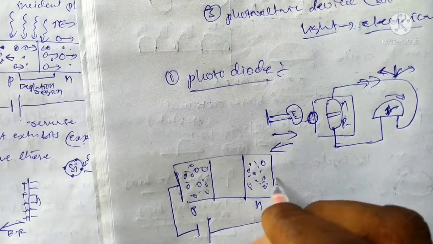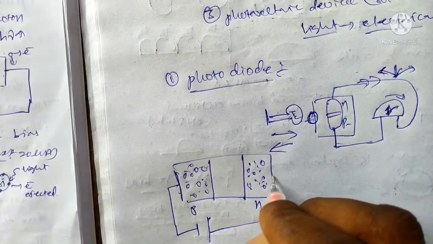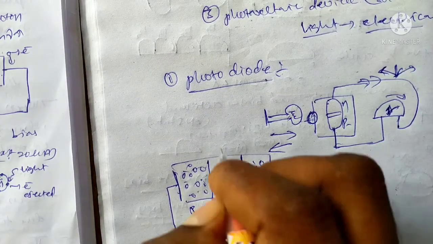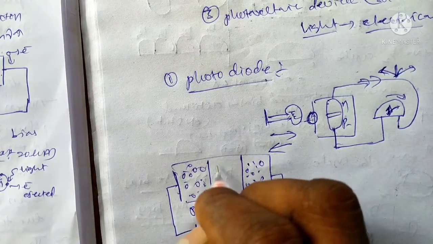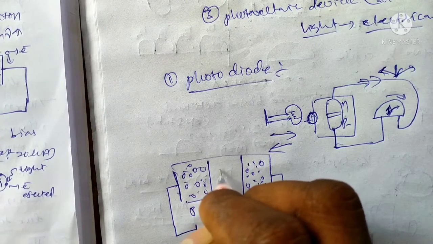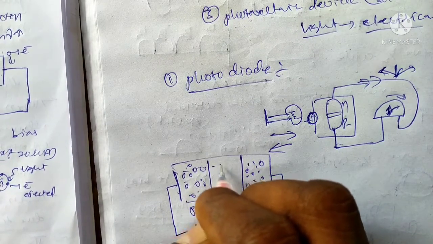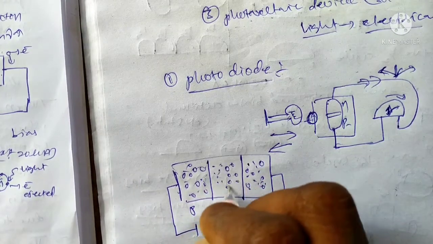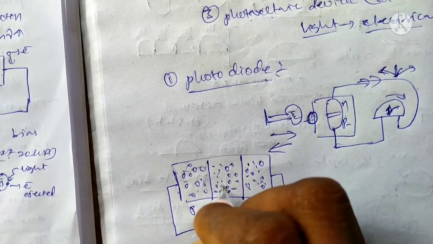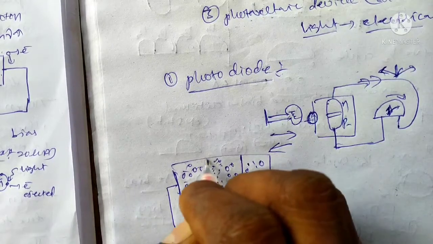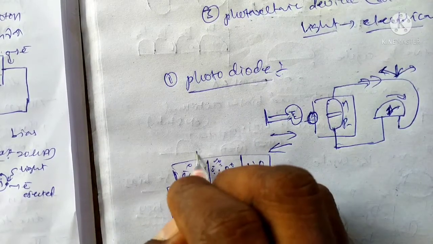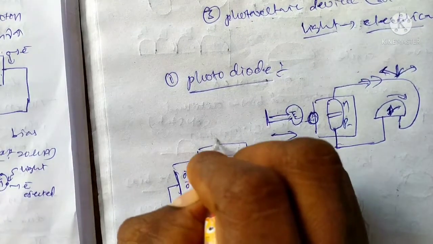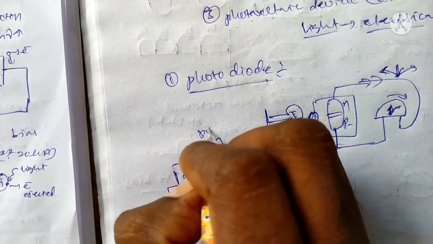It is connected to the negative of the battery, and the n type is connected to the battery positive. Okay, now consider the depletion layer. In the depletion layer, are electrons or holes present? In the equilibrium state, there are no free electrons or free holes in the depletion region. This is the depletion region, or depletion layer.